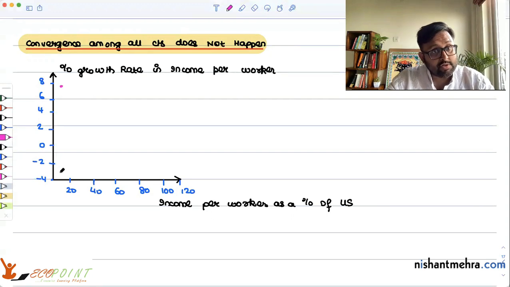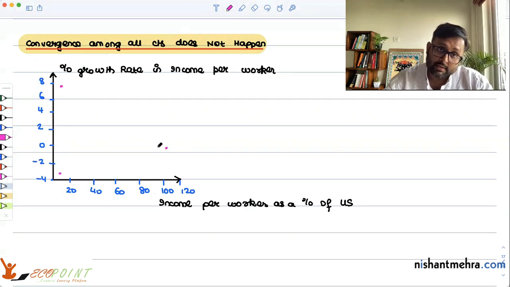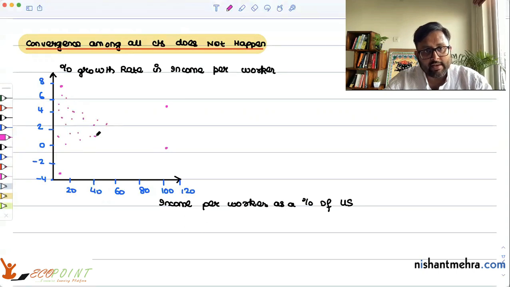But there are some countries whose income is less, their growth rates are also low. But there is one country whose income is more, but their growth rate is less. But there are some countries whose income is more, their growth rate is also more. So the point which I want to make is that when they ran the regression, or when they find out the correlation, they find this, that